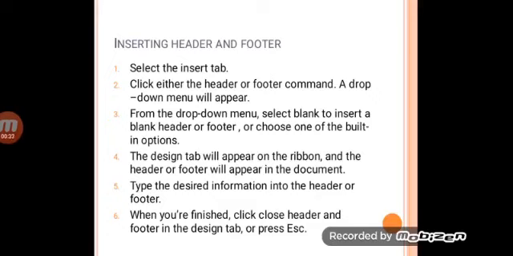The Design tab will appear on the ribbon, and the header and footer will appear in the document. Type the desired information into the header or footer. When you are finished, click Close Header and Footer in the Design tab or press Escape.